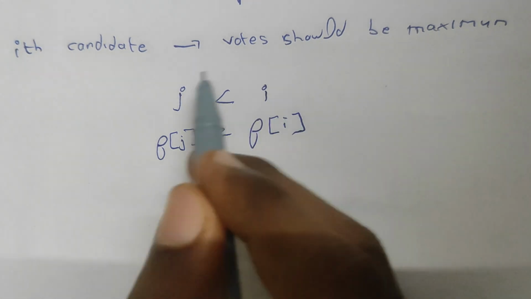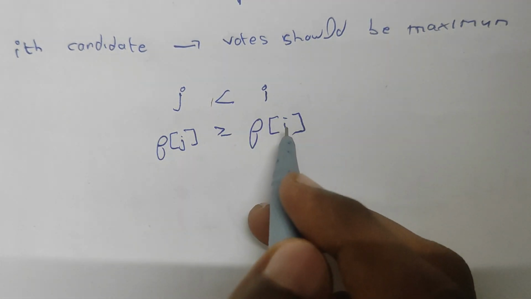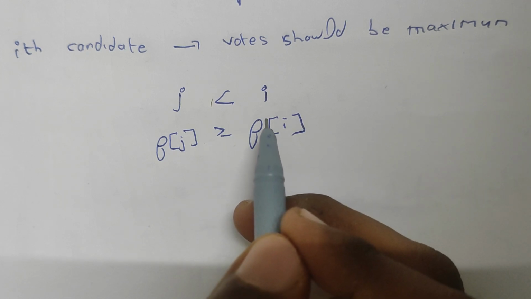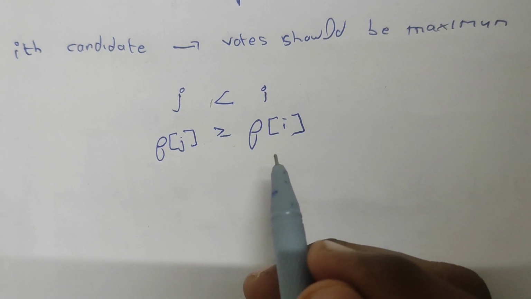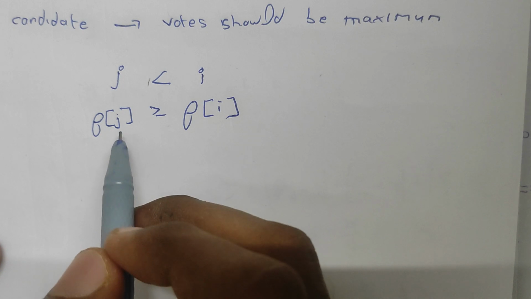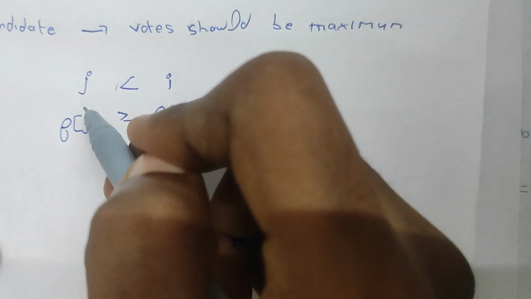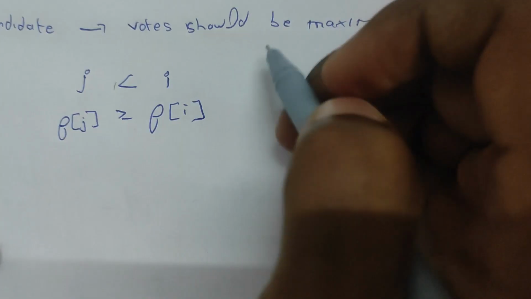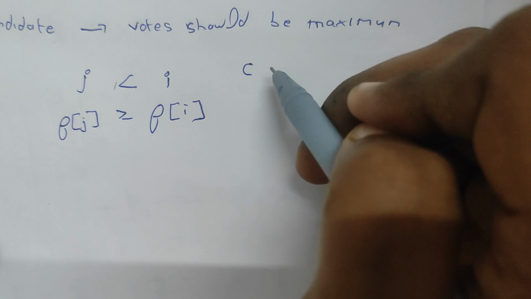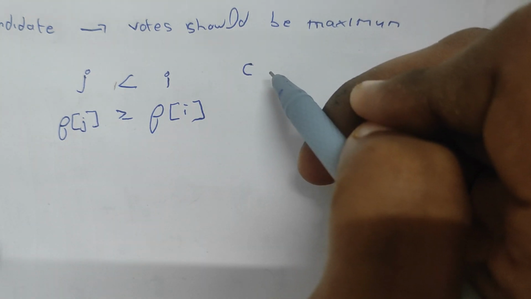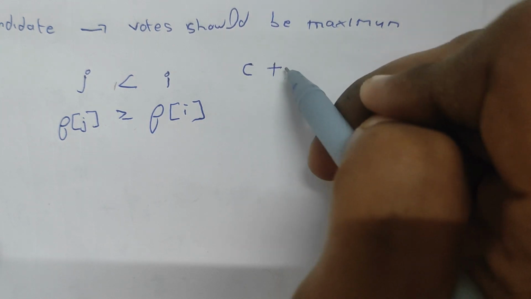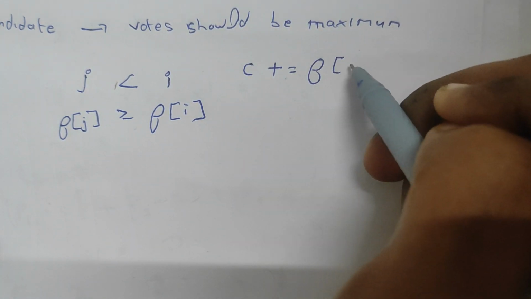Now if a case like this occurs, we need to exclude all the candidates lesser than I. So why is that? When we exclude the candidate J, the number of fans of J will get added to C, right? C initially had some value, and now C is the number of people who don't have a favorite candidate. So the fans of J will get added to C.